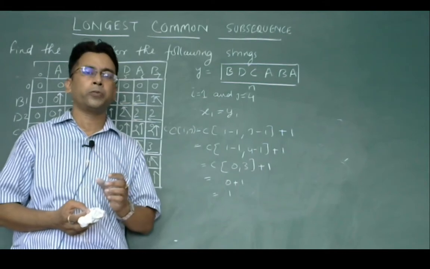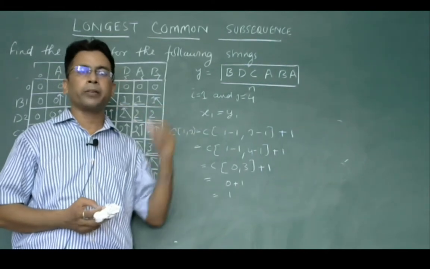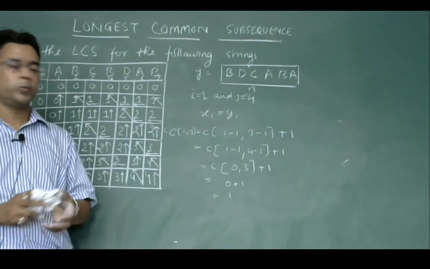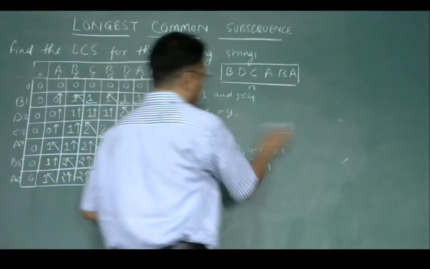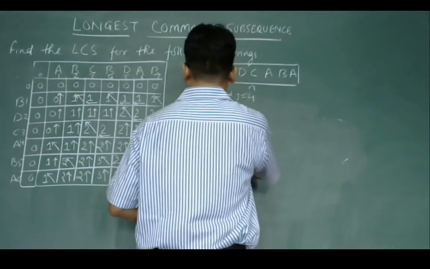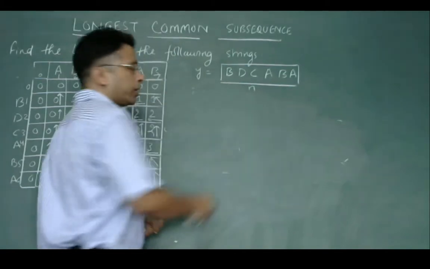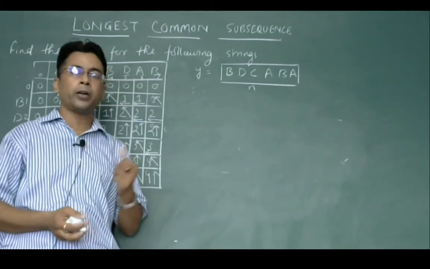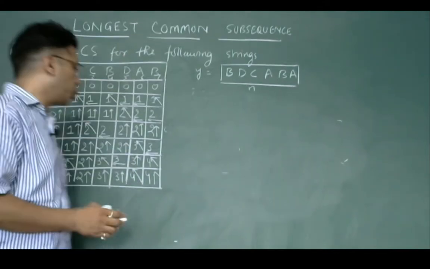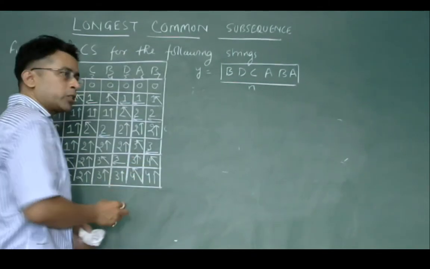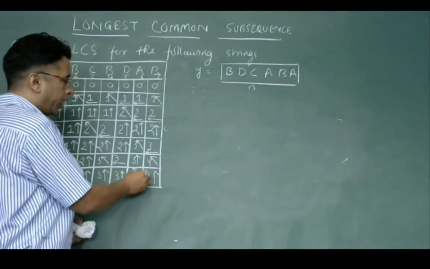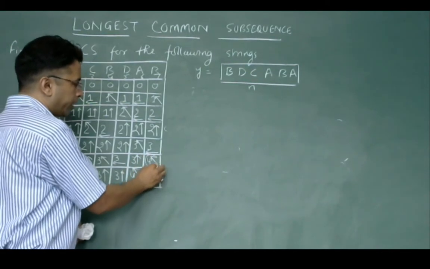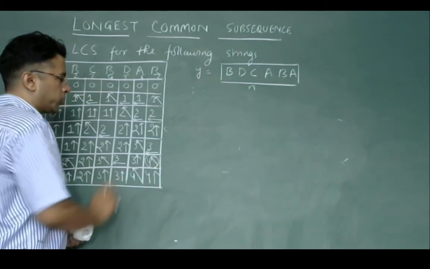This will give you all the possible solutions. To find the possible solutions, we start with the position where a match occurs. A match is marked by the inclined arrow symbol. So here there are 2 positions which have the highest value 4. Either we can start with this position or this position.